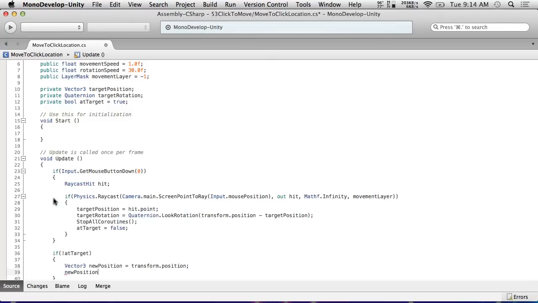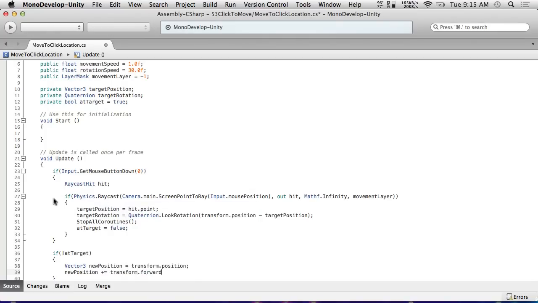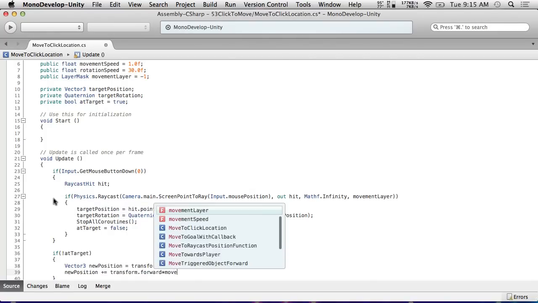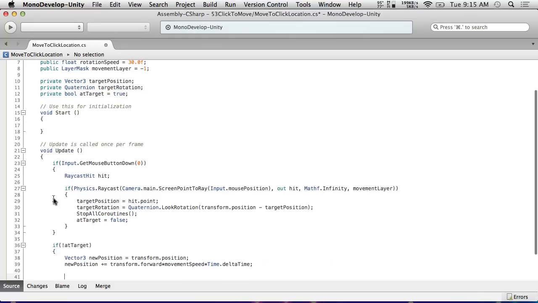New position plus equals transform dot forward times movement speed times Time dot deltaTime. So this will be the move. Now the reason I've set it up as a temporary variable rather than just putting this directly into the transform dot position is we need to check to see if this new position is past our goal. So the way we do that is if